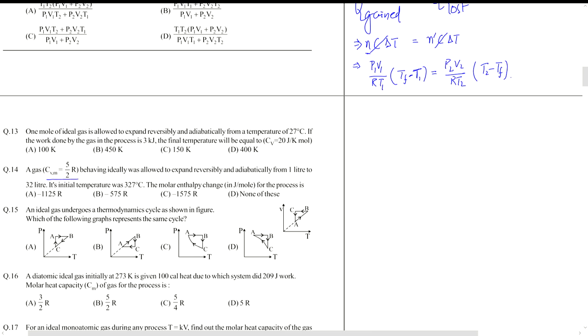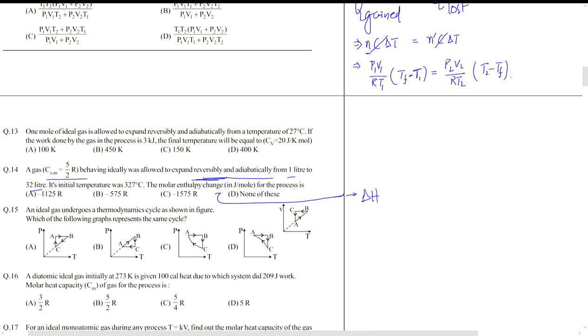There's a gas with a given value of Cv, behaving ideally, that was allowed to expand reversibly and adiabatically. It's a reversible process. It expands from 1 liter to 32 liters, and the initial temperature was 327 degrees Celsius. We need the molar change in enthalpy. Because it's an ideal gas, the molar change in enthalpy